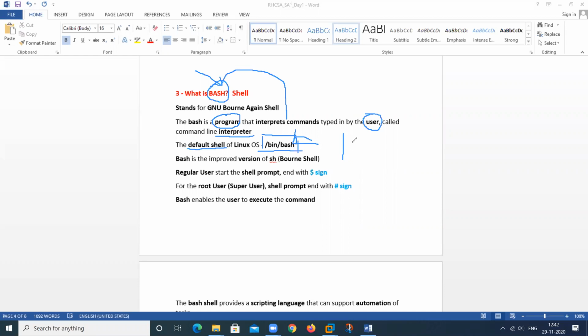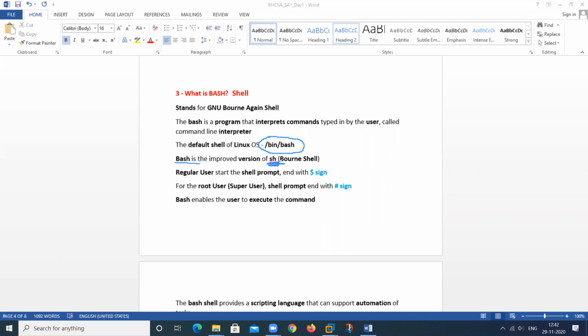That is the /sbin/nologin shell. If we assign this no login shell, then that user cannot log in to our machine. Mostly that is only for system users, because system users do not log in to the machine, they only access the program. So we use this shell for that. Bash is an improved version of sh.